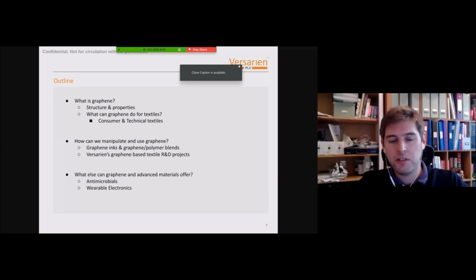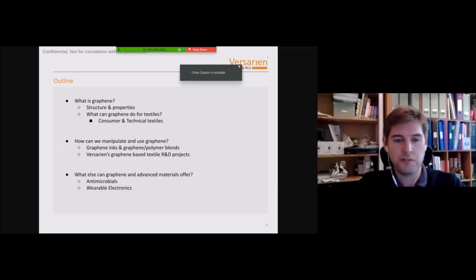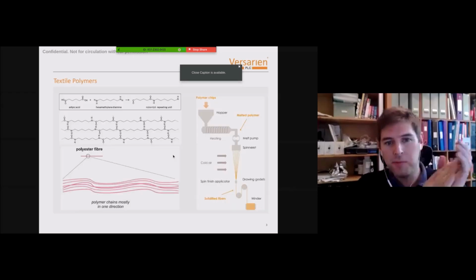And that's where our company comes in, and I'll go through some of the projects we've been working on over the last 2 to 3 years on putting graphene in different aspects into textiles. There's plenty of other materials and other properties that graphene can harness, which are more for future applications. So I'll give a bit of background on antimicrobials and wearables, which have kind of been growing over the last few years. So for those of you at the RCA that might be familiar with polymers and textiles,